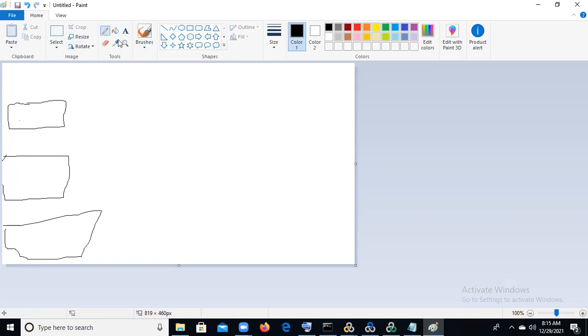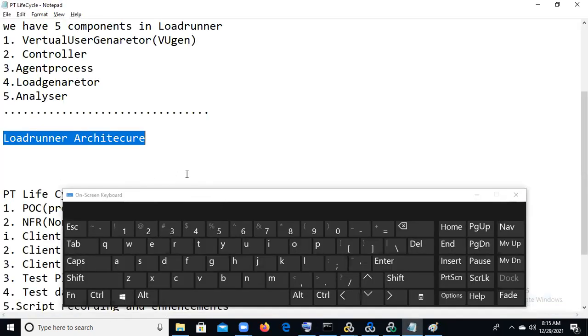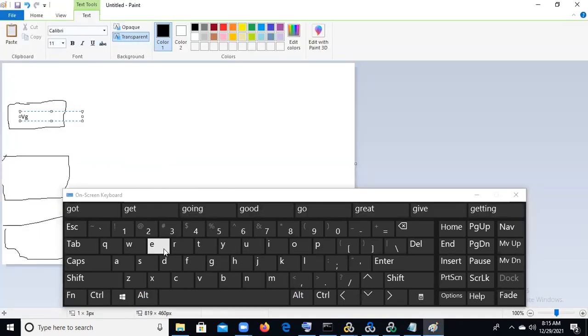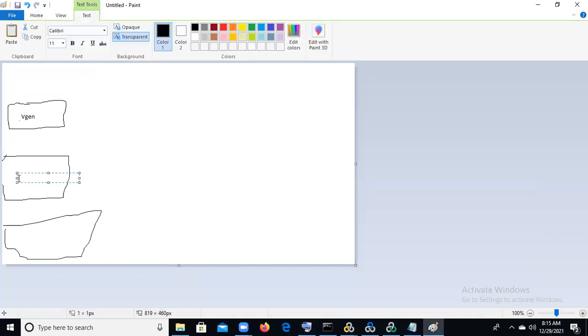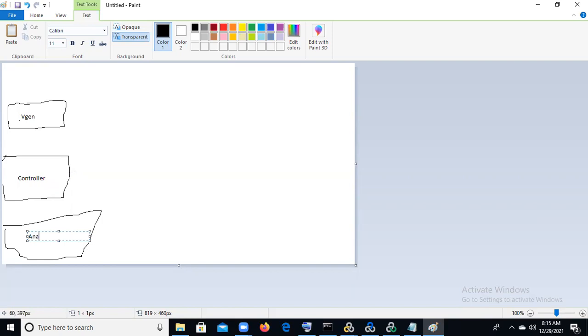One is VuGen, this is the VuGen, this will be the Controller, and this will be the Analyzer.